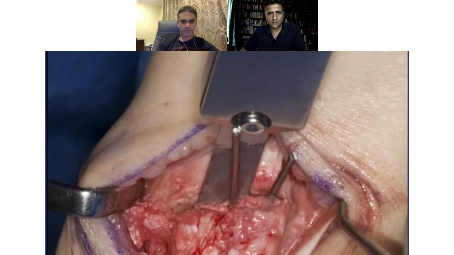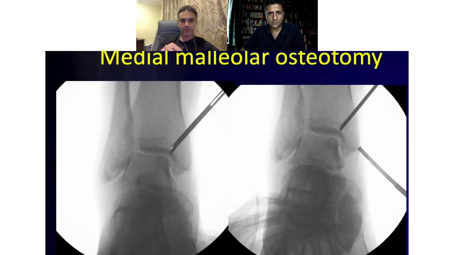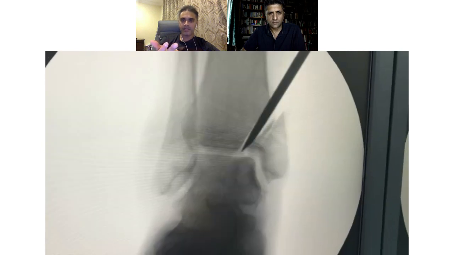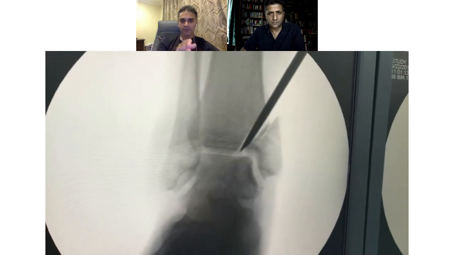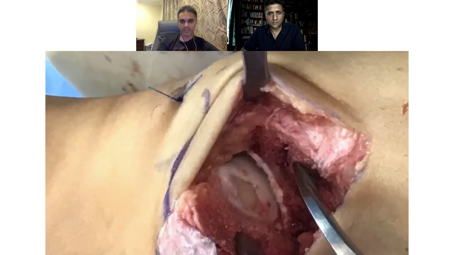Let's see, we're sharing this video. So this is the approach. I put 2 K wires in to railroad the saw through. And as you can see on the right-hand side, we drill and put a screw in before. If you're not careful, as you can see with this X-ray, you can actually create 2 fracture fragments,